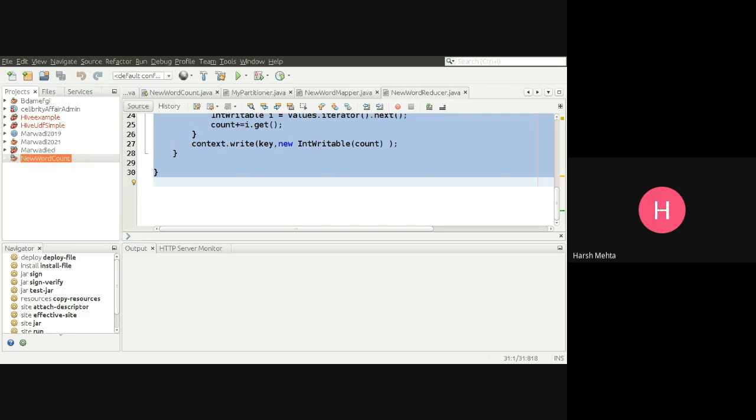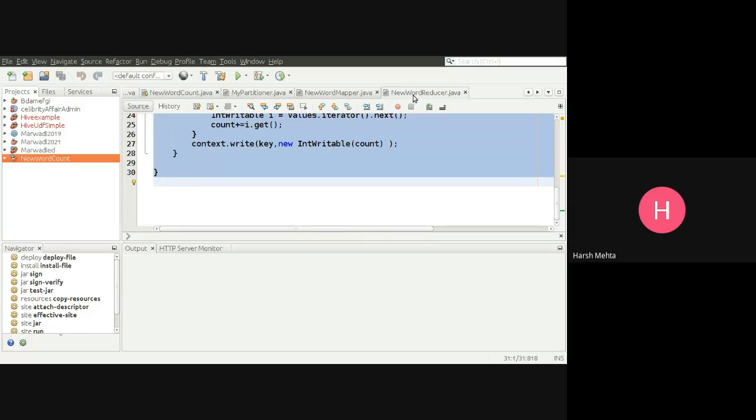So, what we have done in the last session, we have run our first program in Hadoop, right? Let's revisit that program once again in a very fast manner so that you can come to know what we have done in the last program. Today, we are going to see two new topics. First one is partitioner, second one is combiner. Okay, so let's start.